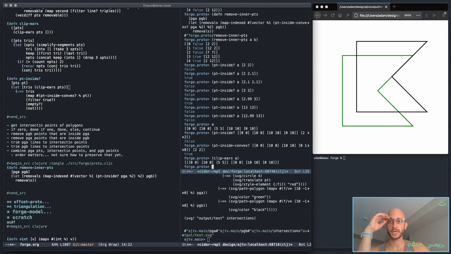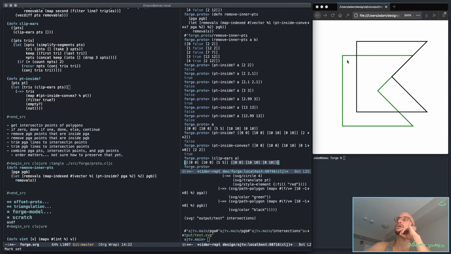So I was working on this yesterday, and I discovered this morning that what I thought was a working algorithm was a little bit off. Clip ears will produce lists of triangles, but I had an issue where it was assuming there were 3 points that were exactly a straight line, and it assumed that was a triangle. That's a sort of degenerate case. So this algorithm returns only 2 triangles like this that fully describe, that just breaks